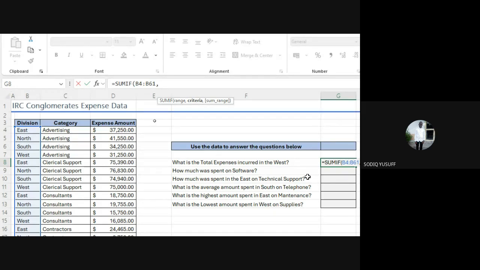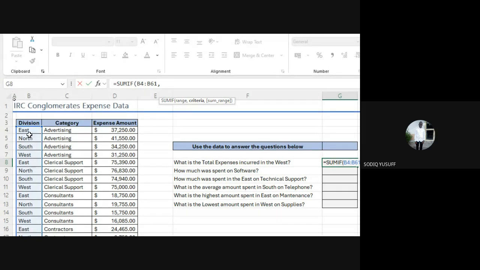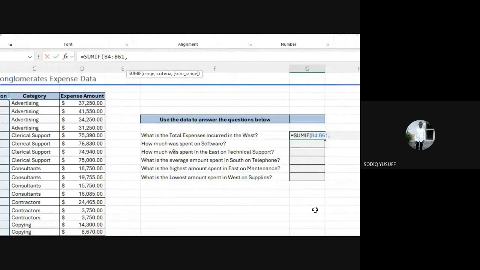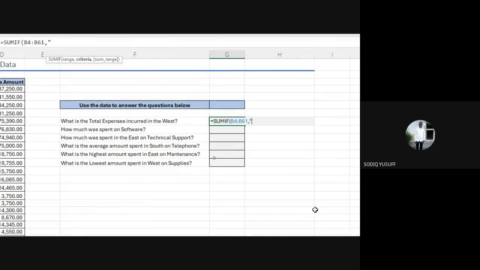Now there are 2 ways of doing west. It's either you come here and click on any west that you can see, but this is not the best way, because if I rearrange this data, it is going to change everything. So the best thing is to type your west yourself: open a quote and type W-E-S-T, west.